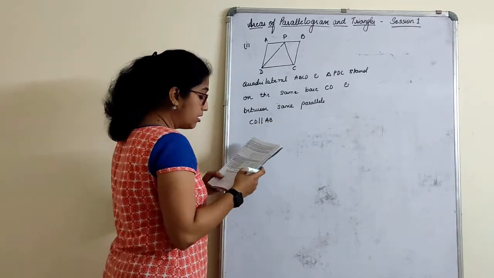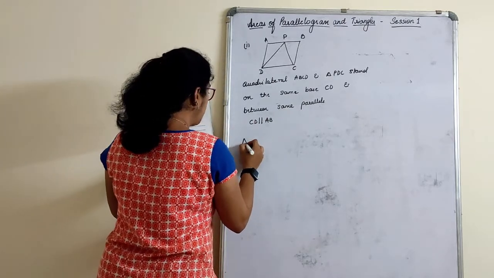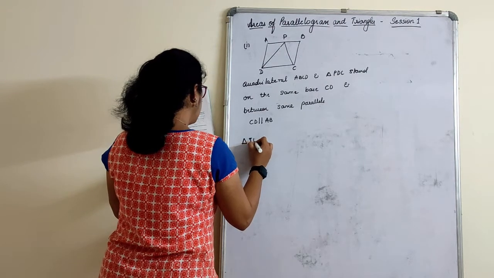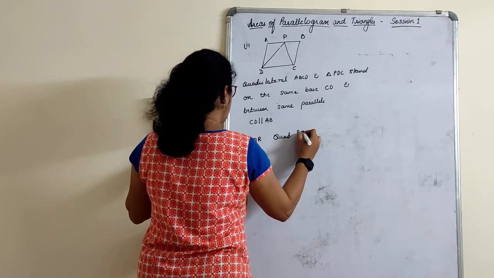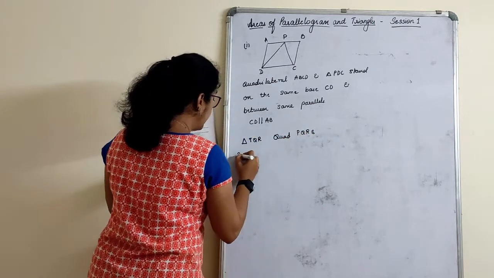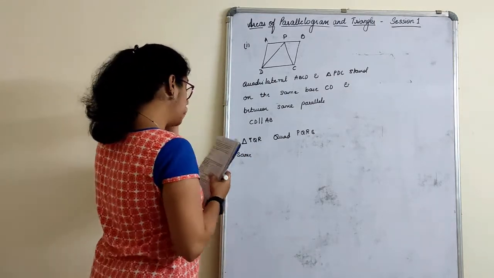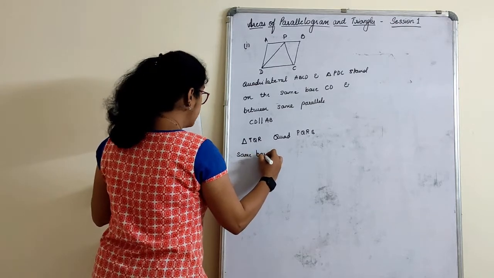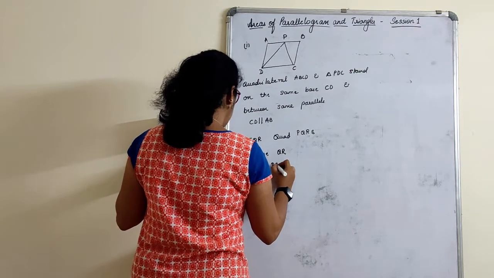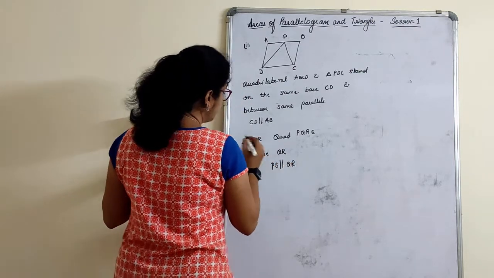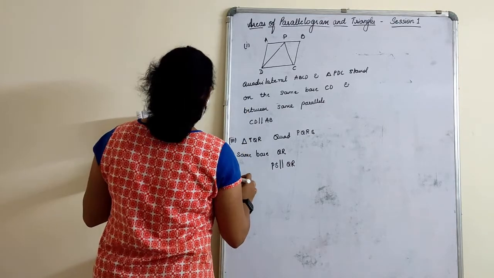When we check the third one, I will write in simple terms here: triangle TQR and quadrilateral PQRS. They stand on the same base. In shortcut I am writing, wherein you need to write this in a complete statement. They stand on the same base. What is the base? QR, and the same parallels. What is it? PS parallel to QR. This is the third figure, first figure, and now the fifth figure.